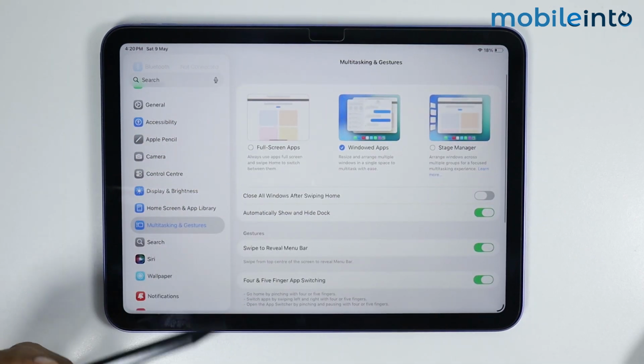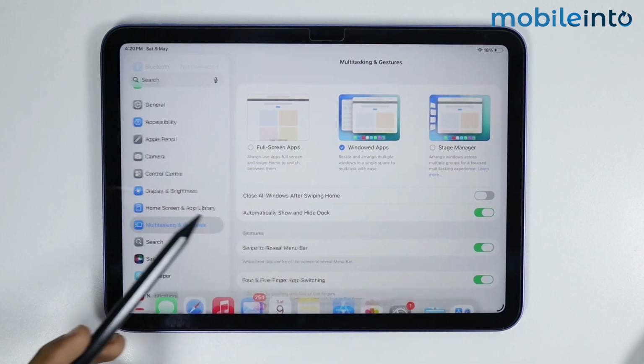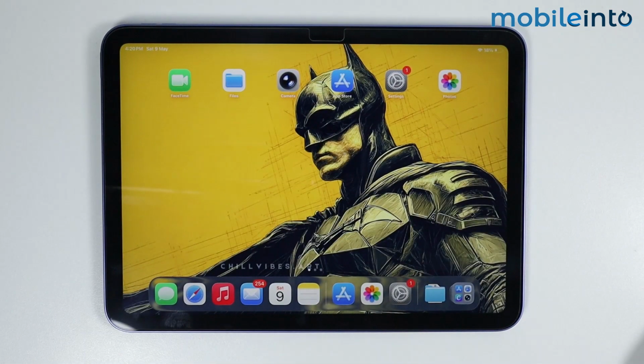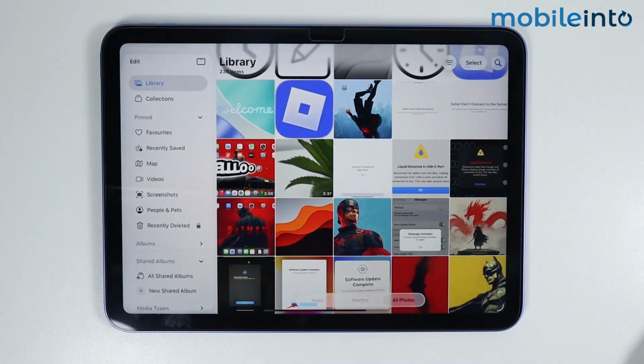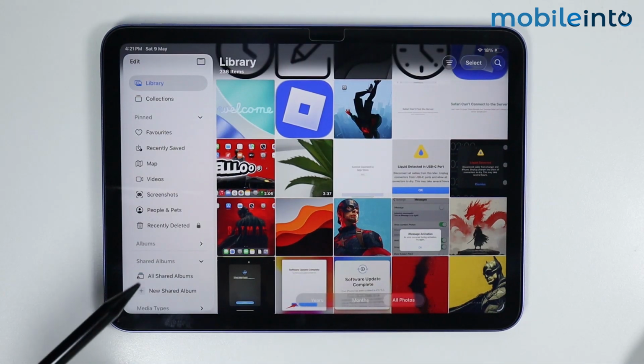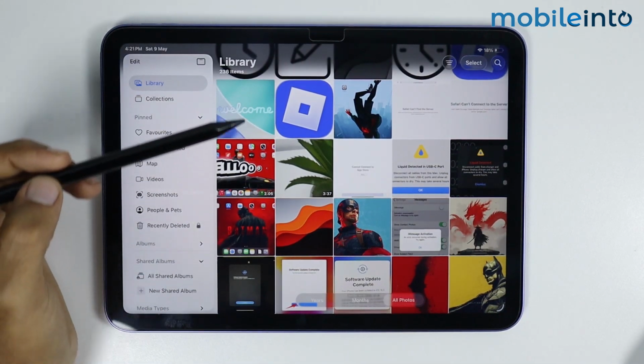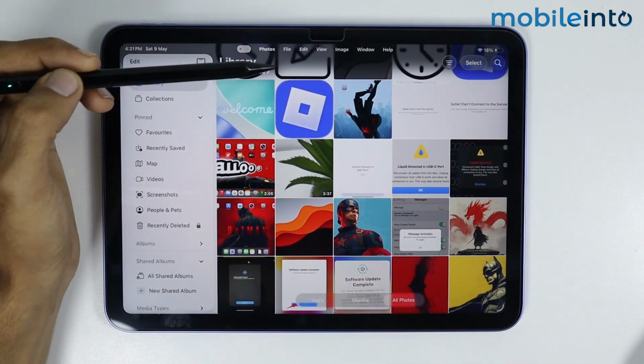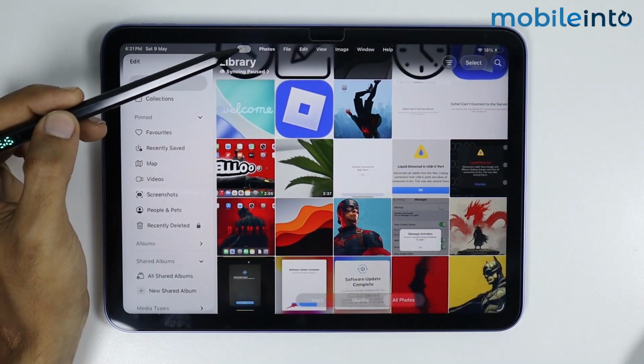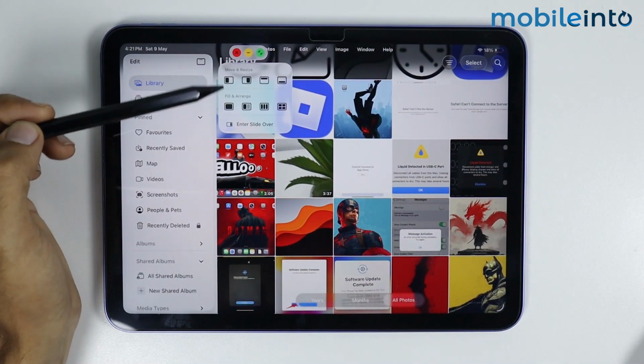Now to open apps in a split screen mode, just open any app which you want to open in a split screen view. For an example, I will open the Photos app. Now to open this app in a split screen mode, you can either swipe down from the top of the screen, and you can either tap and hold on the three dots over here,